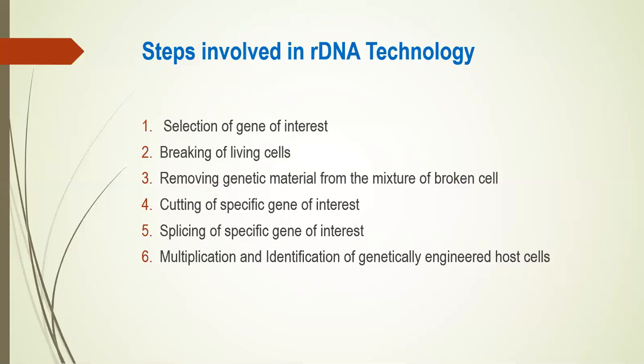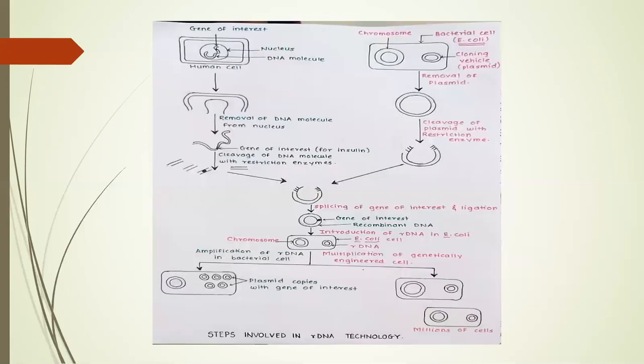host cell. By following the above steps, a DNA piece of interest having genetic information can be transferred from one cell into another cell with the help of a vector, generally a plasmid. This transformed DNA piece is never naturally present in the host cell. Thus, a new organism can be artificially created by the gene cloning process or rDNA technology, that is genetic engineering. The various steps that I have explained already will be very clear to you from this diagram.